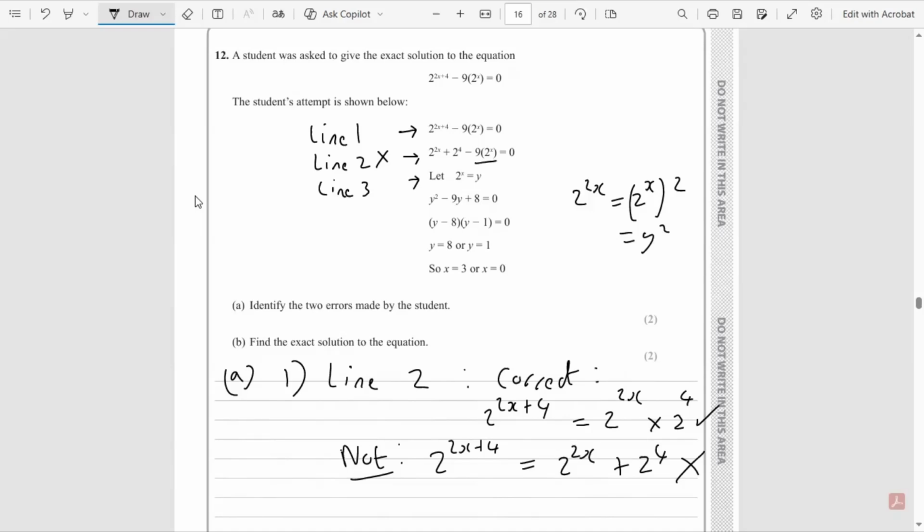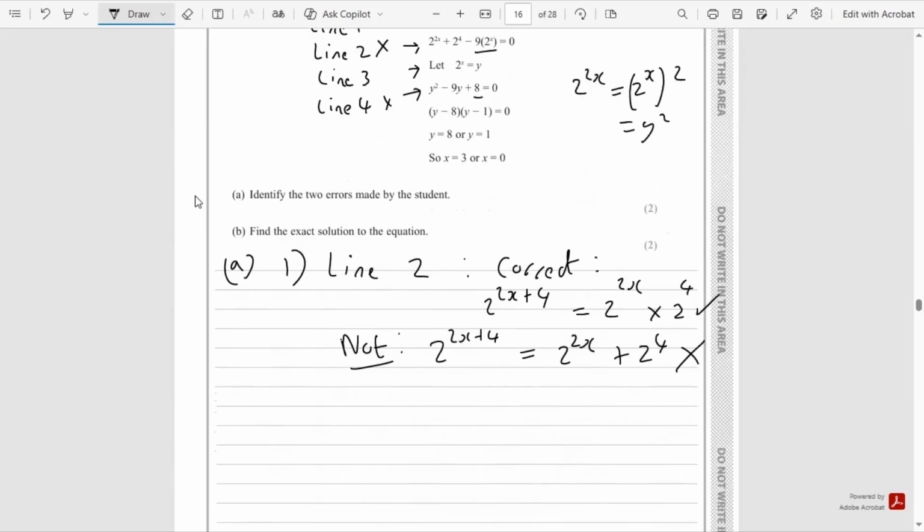And then plus 8. Well, that's not right, is it? 2 to the power of 4 is 16, not 8. So yeah, this is also a mistake there as well. So line 4, that's not right. So let's write this down here. The second mistake is in line 4. We should have,